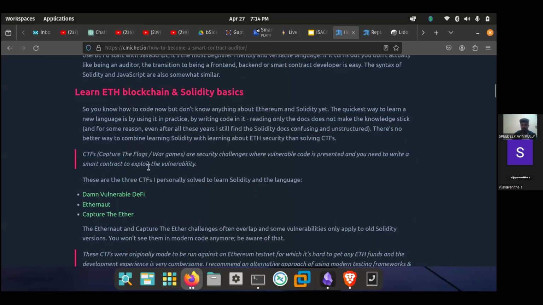The same goes for everyone. Firstly, you have to learn some logic basics. Then you have to do some CTFs. After that, get your hands on real contract auditing. Then you are done, you will become a smart contract security auditor. It sounds really good, no? When you have that kind of role in the organization,